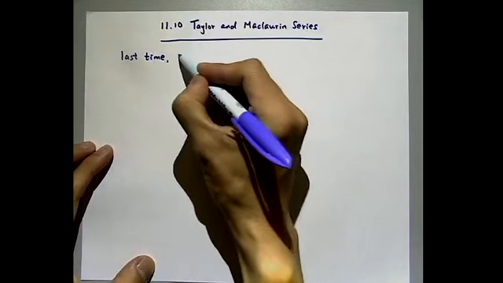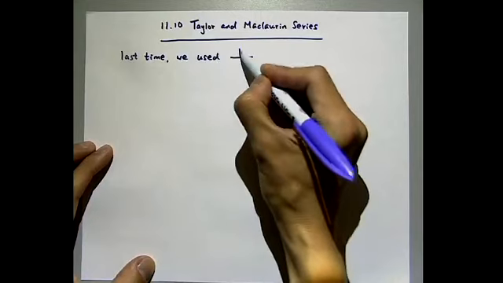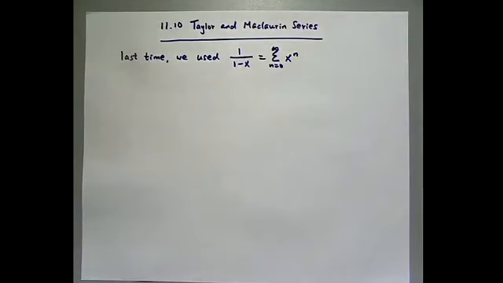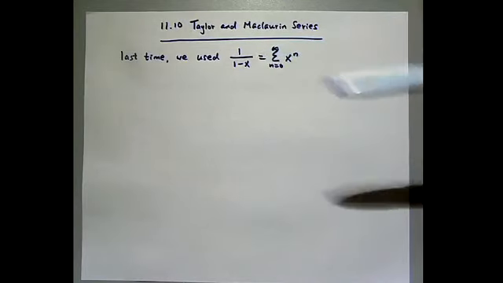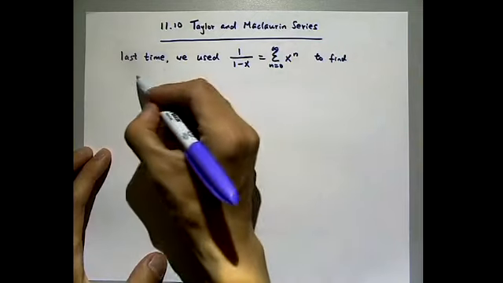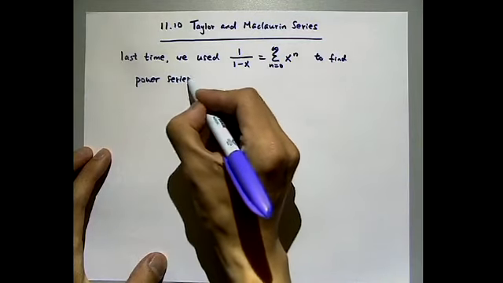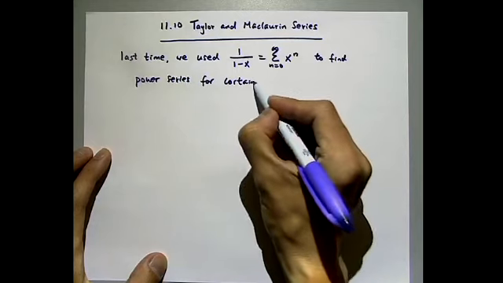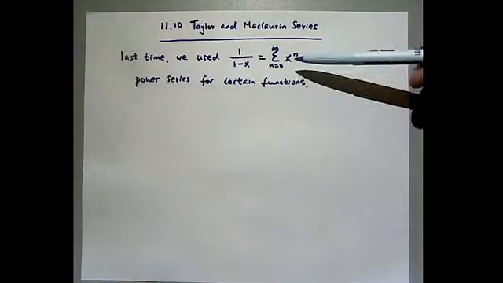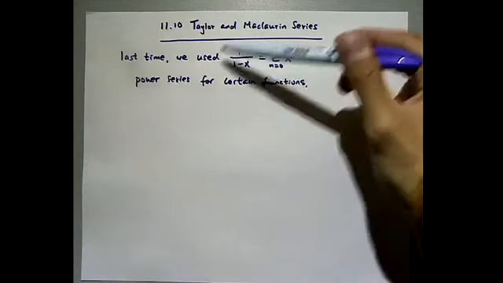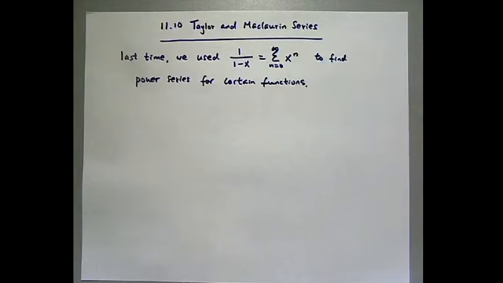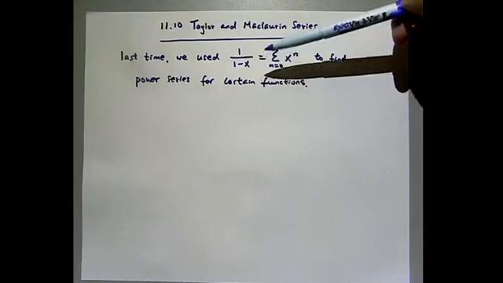Now remember last time, we used the geometric series to find a power series for functions that resemble this, and things that resemble the derivative and integral of that. But there's a limit to what we can do with this series here, the geometric series. Anything that doesn't look like that, or doesn't look like the derivative or the integral of that, we can't use it. For example, sine of x. We can never use this thing to get a power series for sine of x, or e to the x,